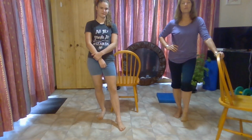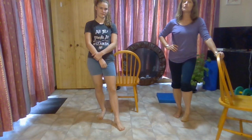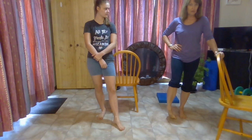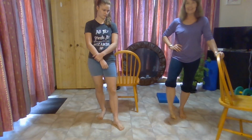We're going to be doing some more floor exercises to do with balance this time, as well as strength through the arches of the feet. It's very important to make sure you're stretching your feet out beforehand. I've just been doing a few of these stretches while Samantha's been very kindly setting up the camera for us